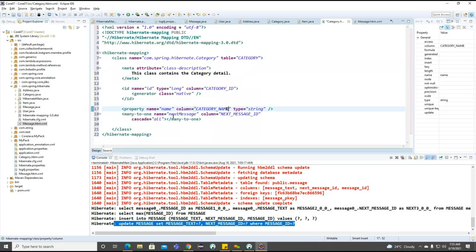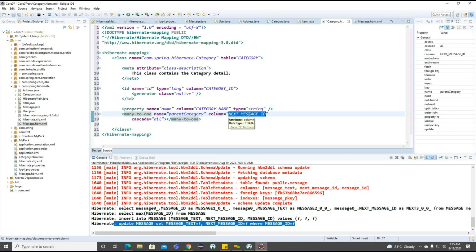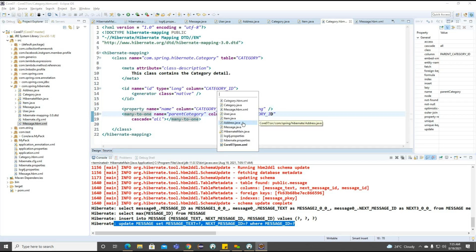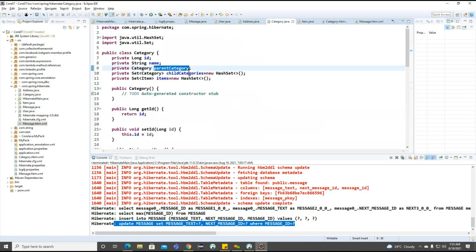For this particular many-to-one, I'm going to use the same as it is. And here, parent category, right? However, the category we are having here, so child category and item.